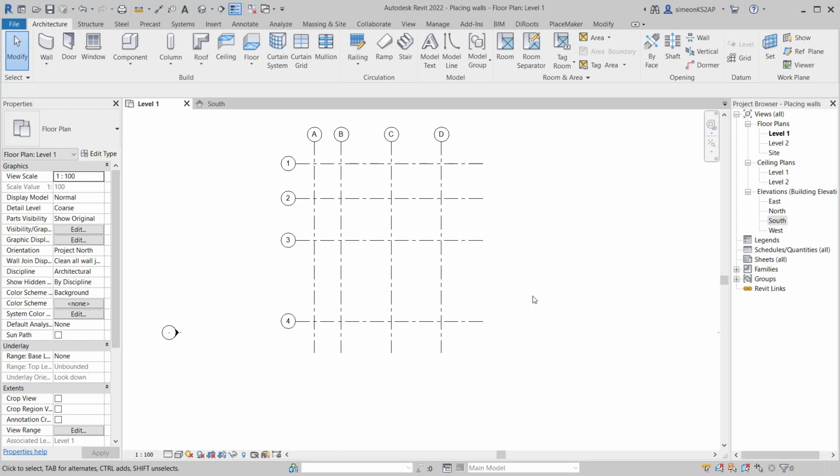After this tutorial, you will not only learn how to model in Revit, but you will also have some design